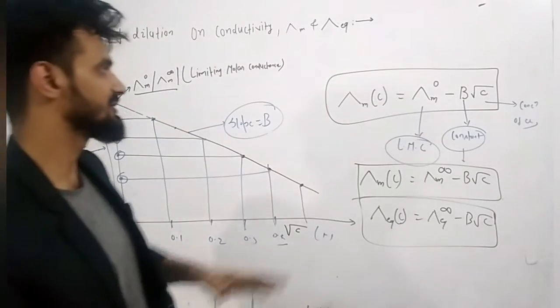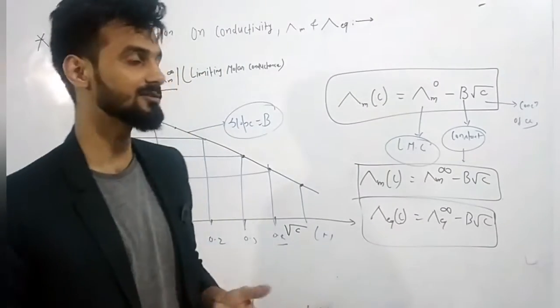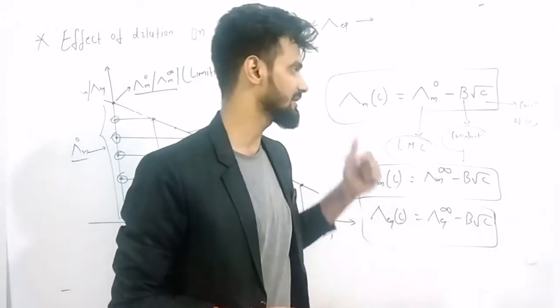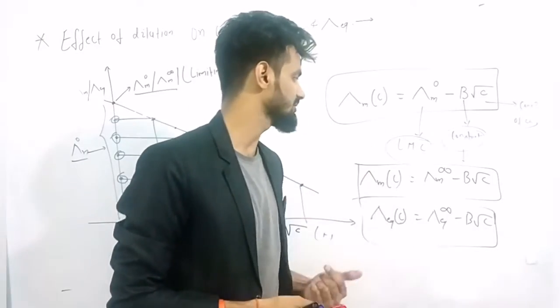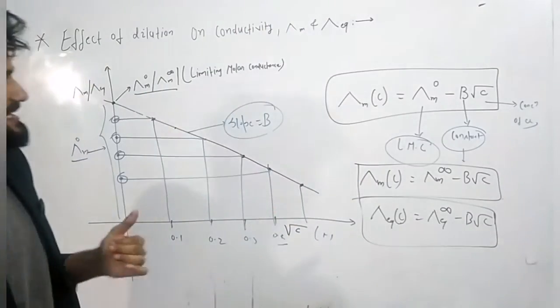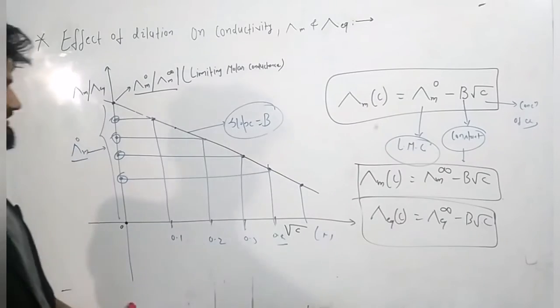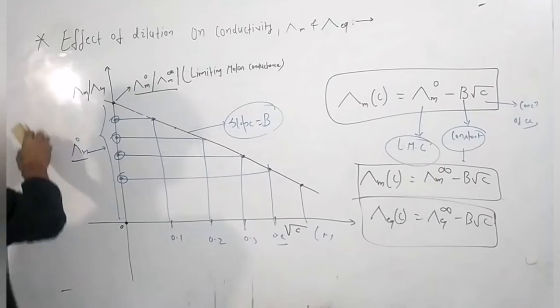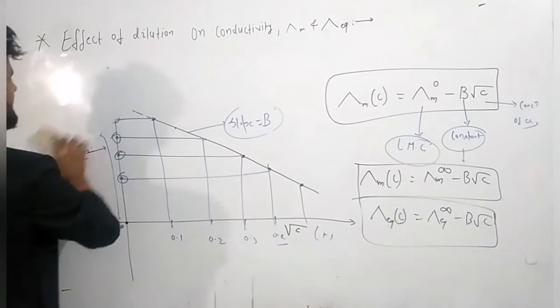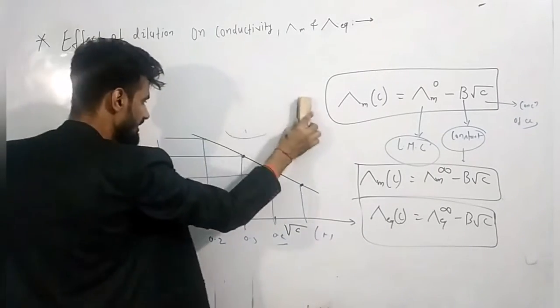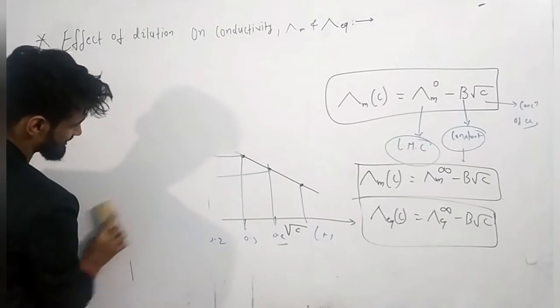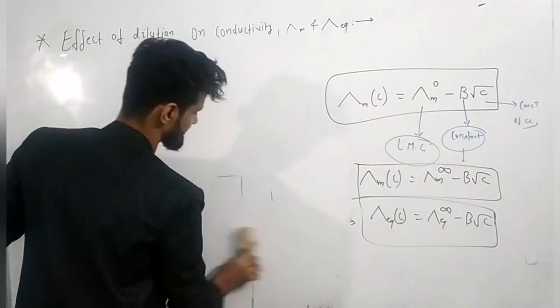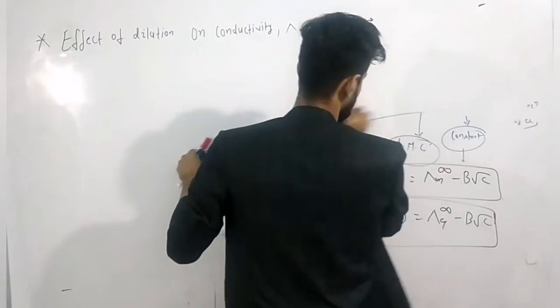What is the basic equation of the limiting molar conductance at a particular concentration of a strong electrolyte? Okay, and this was the relation. So the question can be asked in this one. Now, this was the strong electrolyte, and now I am going to show about the weak electrolyte. In case of a strong electrolyte, it was highly dissociable, so the degree of dissociation for a strong electrolyte is 1.